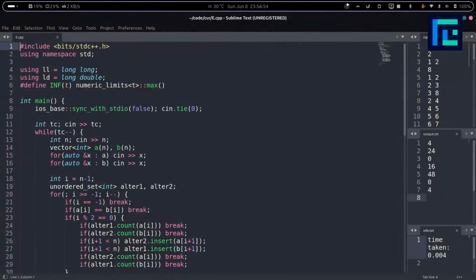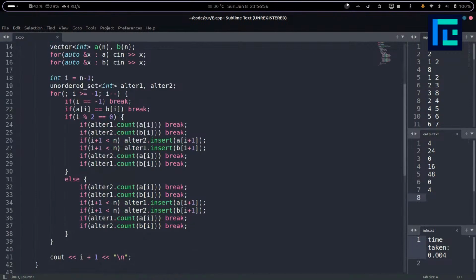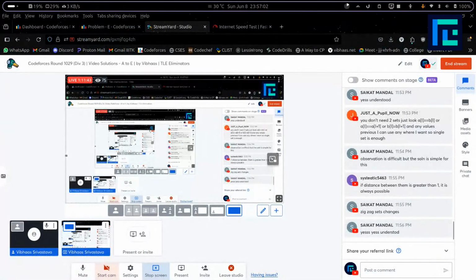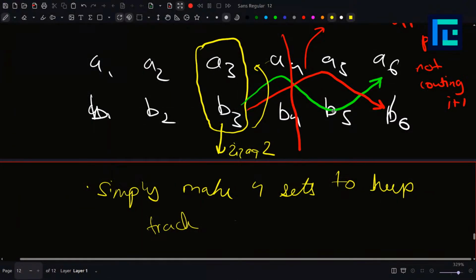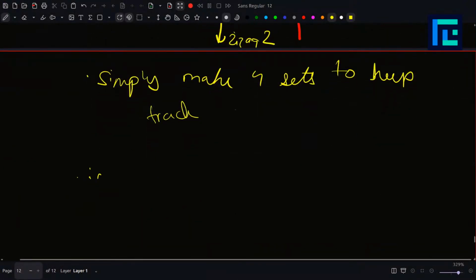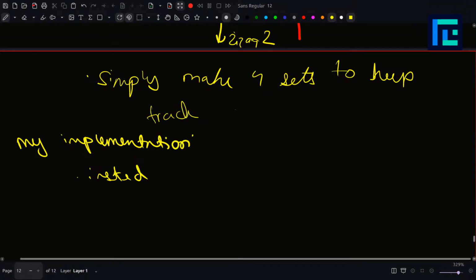The other way to do it, which is what I did, was slightly complicated because it was in the contest, but yeah. So what I did was, instead of inserting into zigzag 1, instead of inserting, so this is my implementation. Now we understood the idea, we just need to implement it somehow, right? So my implementation was,